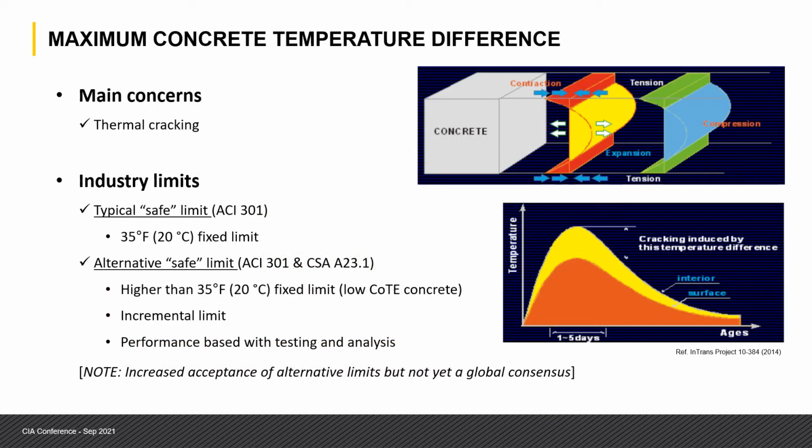As we talk about mass concrete and temperature limits, it's important to understand the maximum concrete temperature difference limit. It is intended to control thermal cracking. And this limit is a temperature difference that occurs between the core and the concrete within that surface, typically assumed in the United States and Canada to be the location where the rebar near the surface is. So it's important to understand that because there are other concepts of temperature differentials that are sometimes discussed